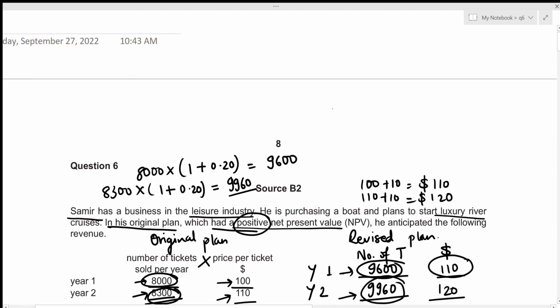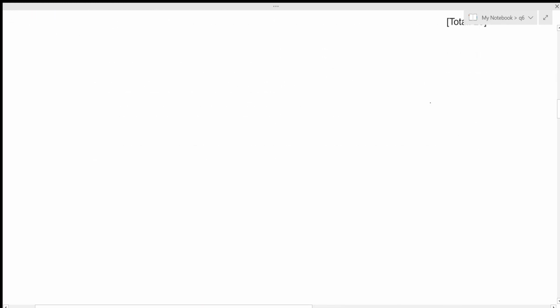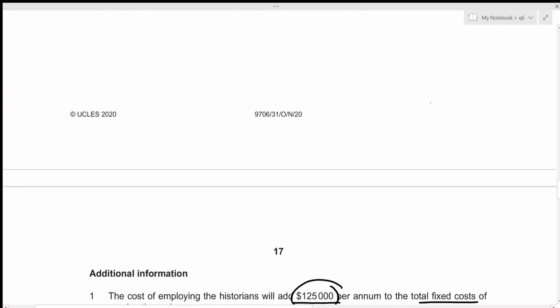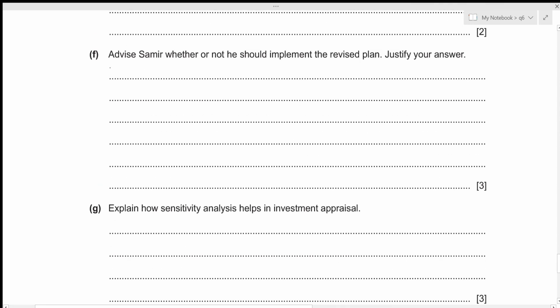So if there was an already positive value and then again there is an increment, then that obviously results in a positive value as well, right? So we can say that it increases an already positive net present value,